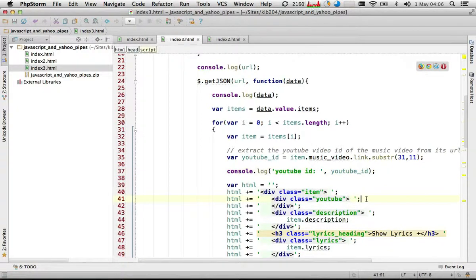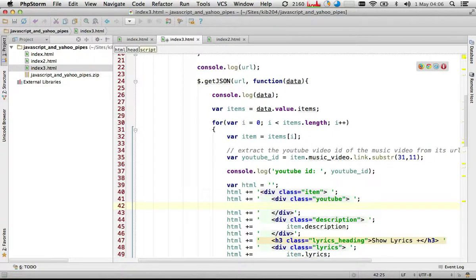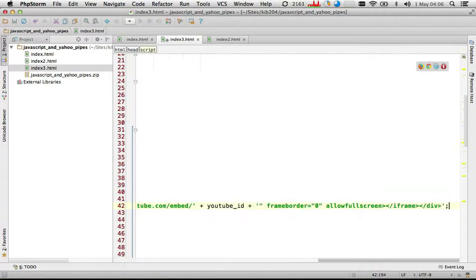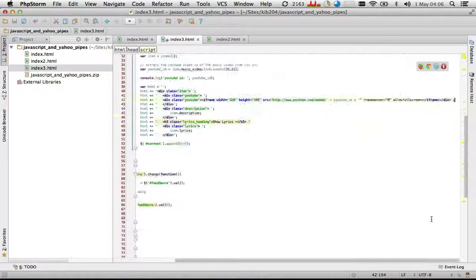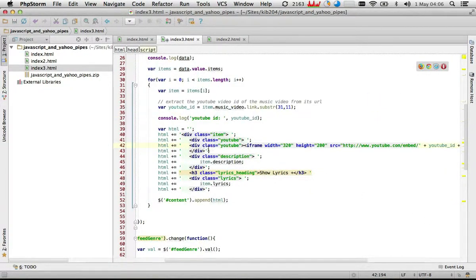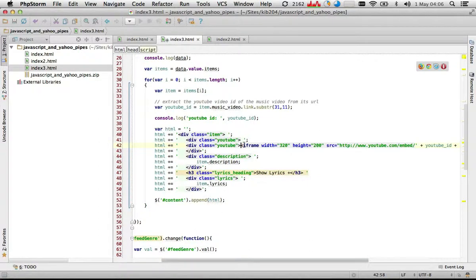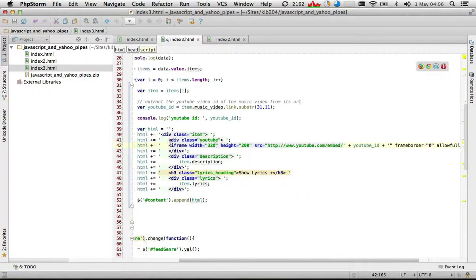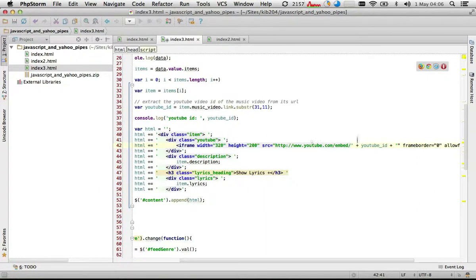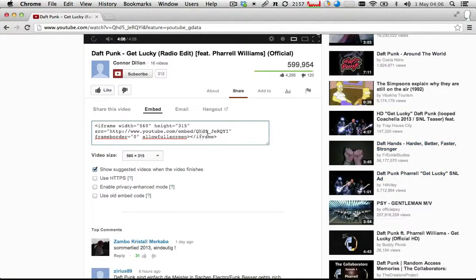Okay, and so I'm going to do it in between the start and end of my YouTube div here. Okay, and there it is there. I've got it all on one line, but you can get rid of that. Don't need to duplicate that, and I don't need to duplicate that. Okay, I've got this all on one line, but that is the exact YouTube embed code that you would copy